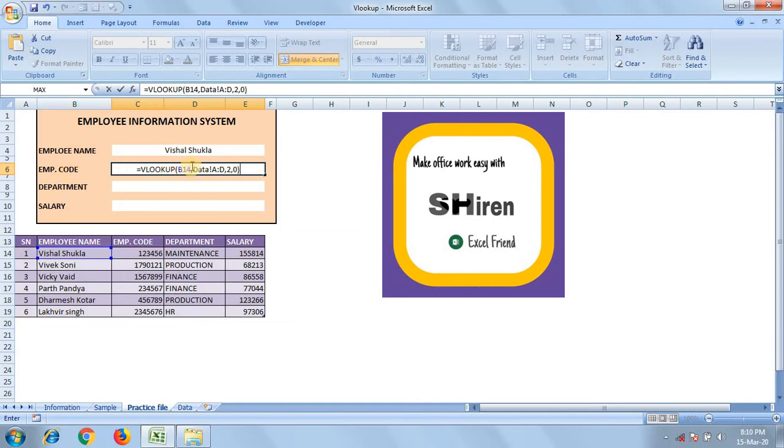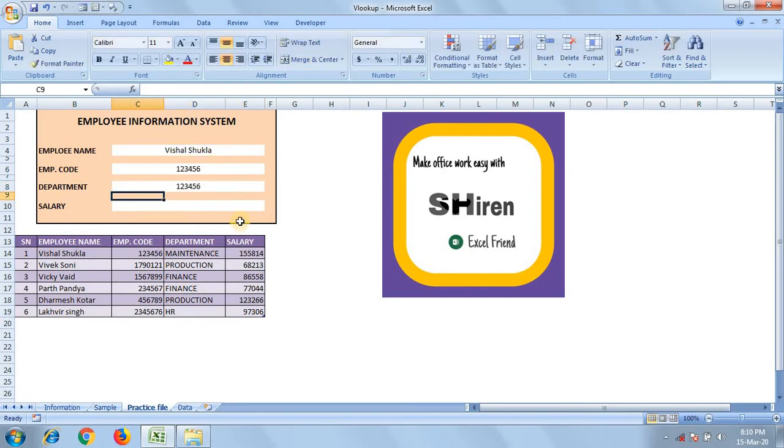Only I am changing this lookup value. The lookup value is now C4. Copy this formula, escape, and paste it here. Now the department is entering.